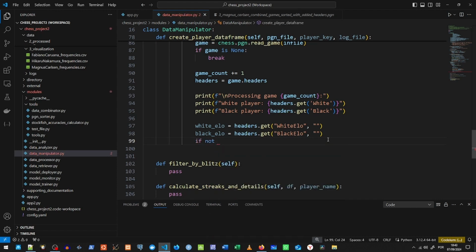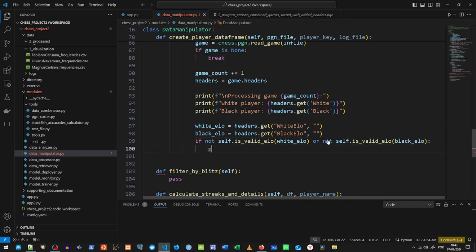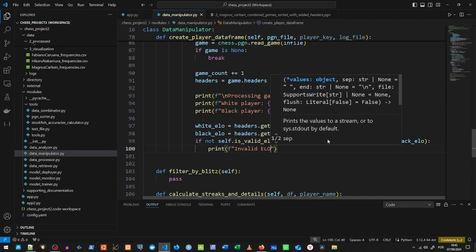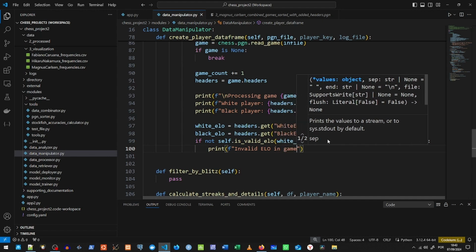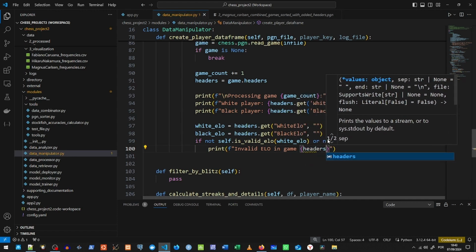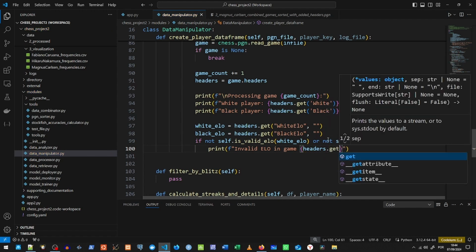So if not self.is_valid_elo(white_elo), or not, same thing for black, self.is_valid_elo(black_elo), we have an invalid case, so we're going to print "invalid Elo in game" and identifying the specific games. And to do that, this is why we have the ID. So headers.get("ID")